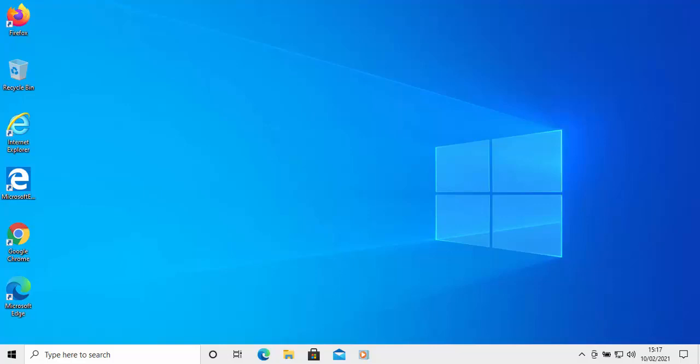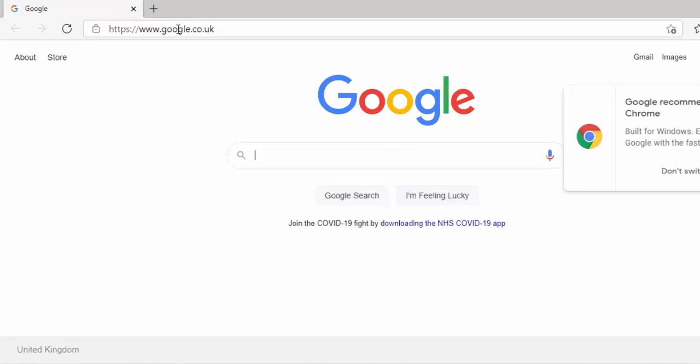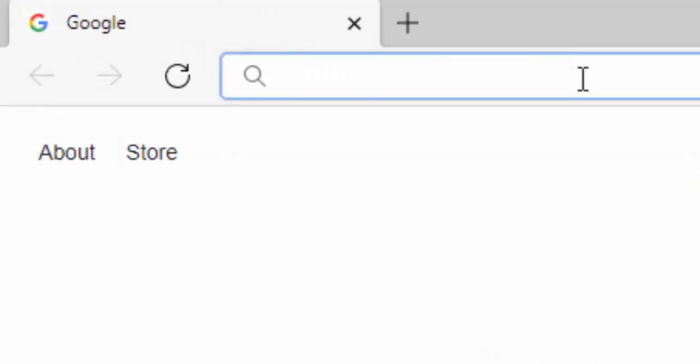So here's how you do it. First of all, open your browser on your PC, Mac, phone or tablet. I'm going to show you this on a PC, so I'm going to open my browser, which is Microsoft Edge. Once your browser is opened, go to the search bar at the top of the screen, not the search box in the middle of the screen, the search bar right at the top of the screen. Click or tap in there and delete out anything that might be in it, and then just type